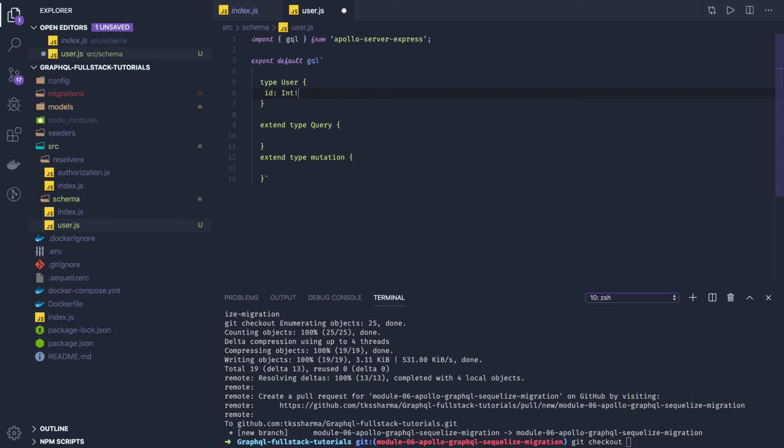You have to provide this ID. First name, which is of type String. Last name can be optional, and we have email. I will be just writing it for the first one. After that we will be just going ahead.